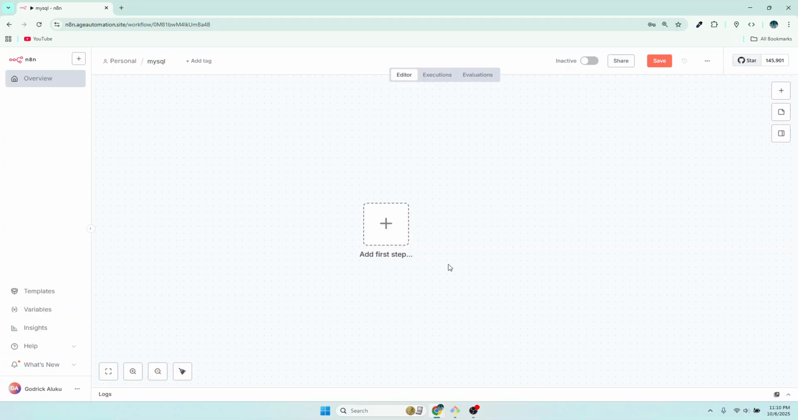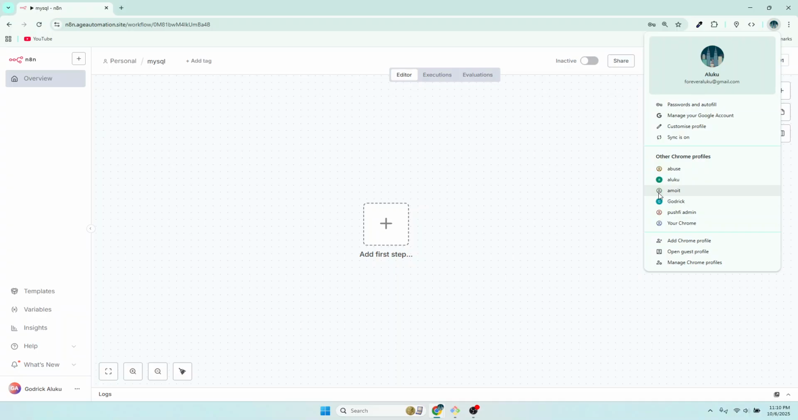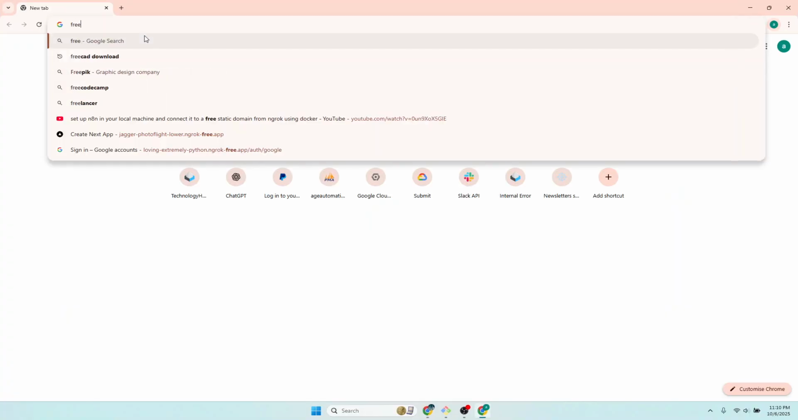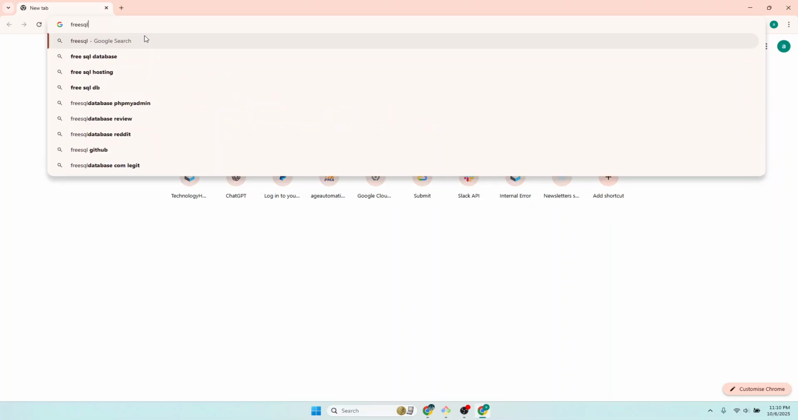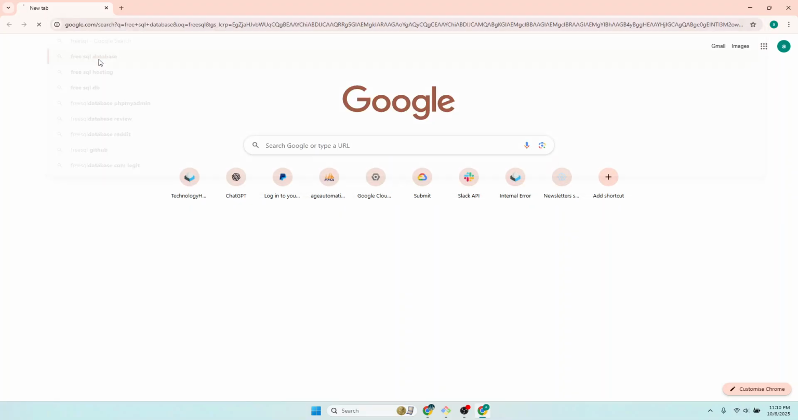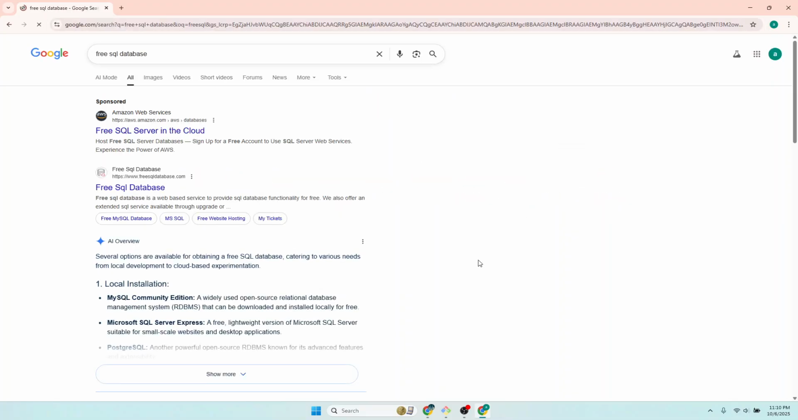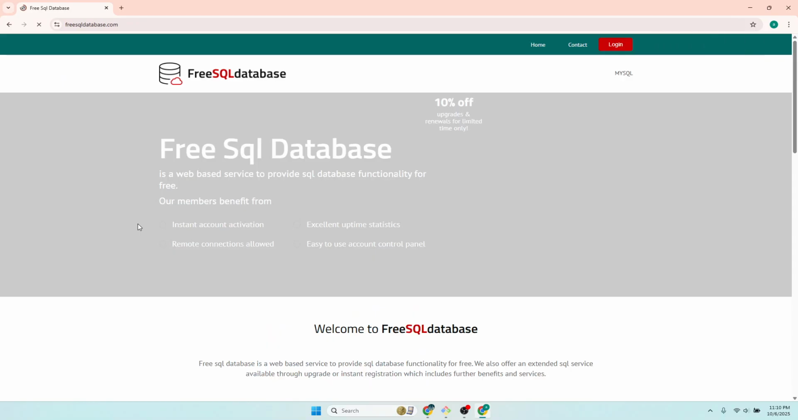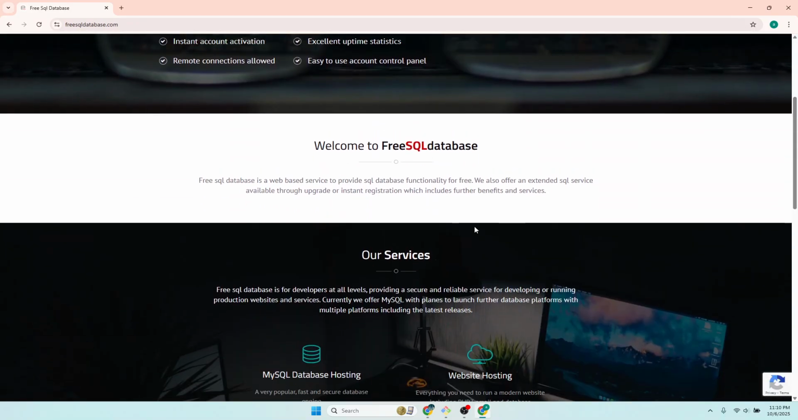For the MySQL database, I'm going to use a free online database. I'll just open my other browser and search for free SQL database. And it's this one here, this link. So I'll click on it and I will